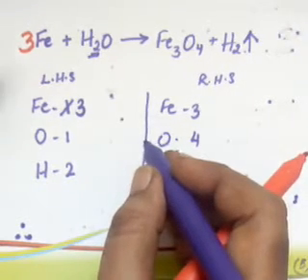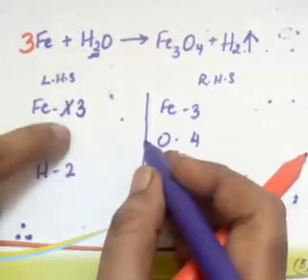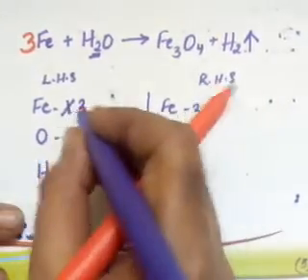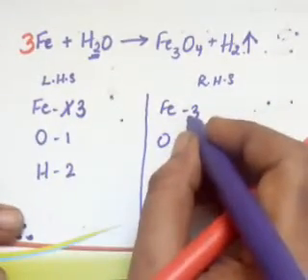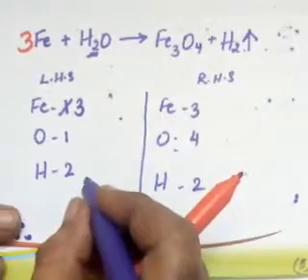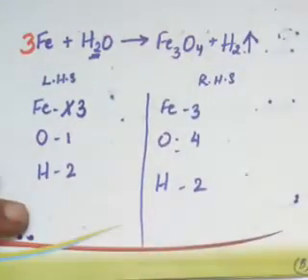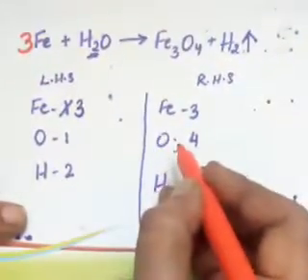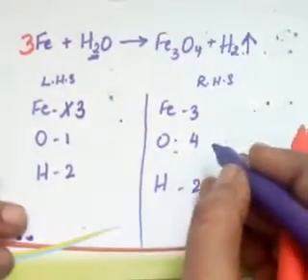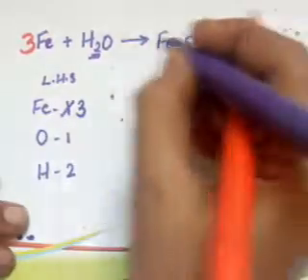Okay, so here I have made a change with iron, so the only change is with iron, which is 3. Now if you see here, iron is 3 and 3 on both sides, but oxygen is not balanced here. So to balance oxygen, we need to make a change here. 4 is there, no? So we will make 4 over here.